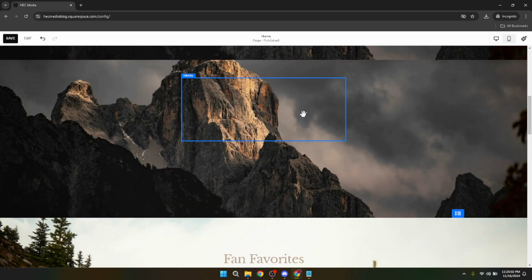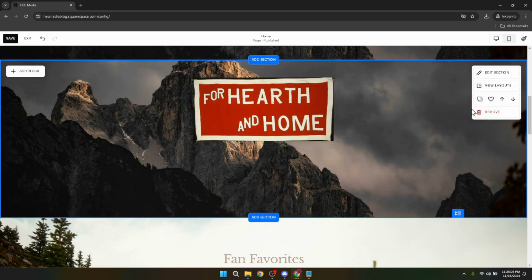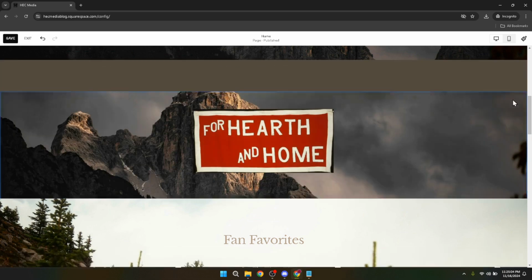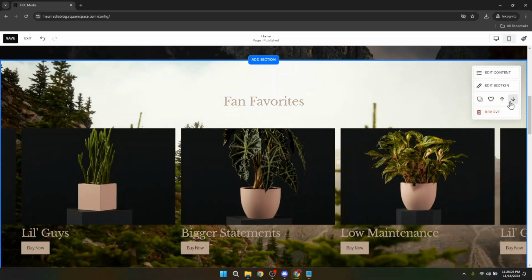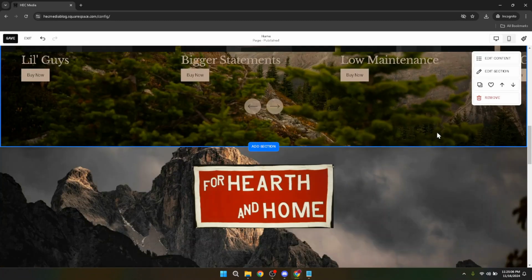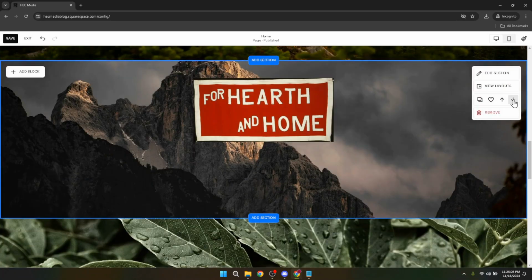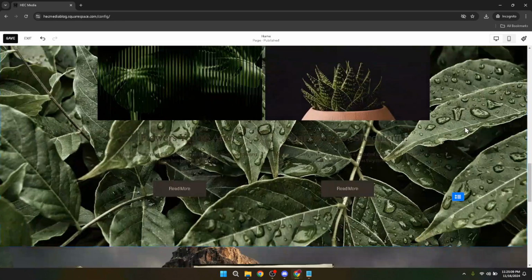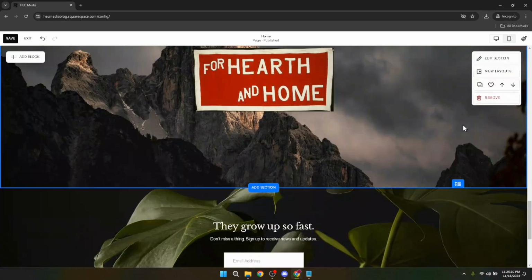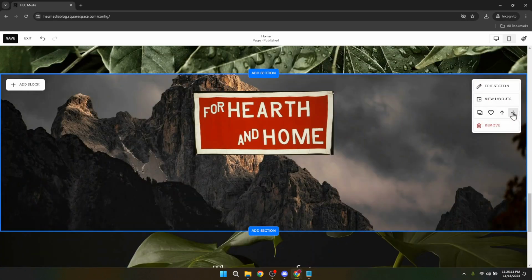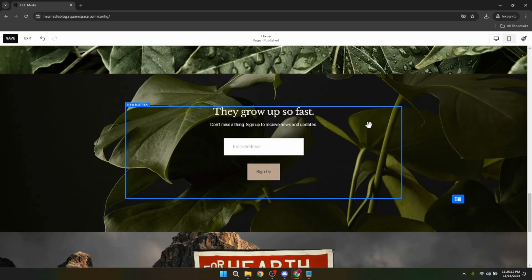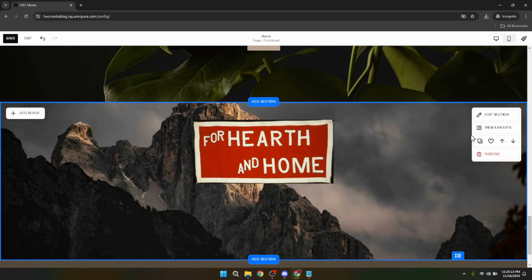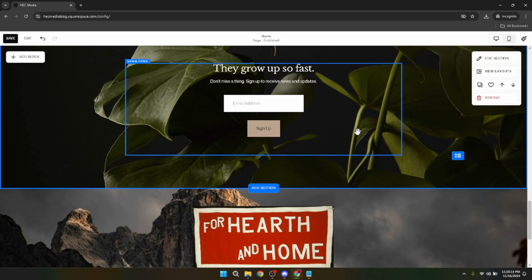This feature is particularly useful for maintaining consistency in design across different pages or for experimenting with variations of a layout without having to build from scratch. Remember, while copying sections is a breeze, always take a moment to review and tweak the copied content to ensure it fits seamlessly into its new context. Sometimes a direct copy might need slight adjustments in terms of text, images, or layout to match its new surroundings.